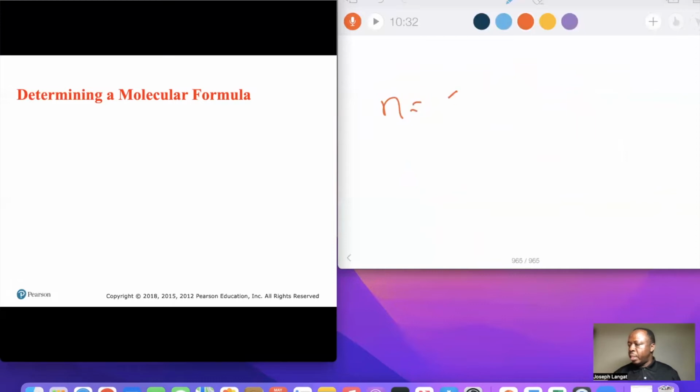This N is an integer, 1, 2, 3. It can be any whole number. N can be any whole number. This is given by